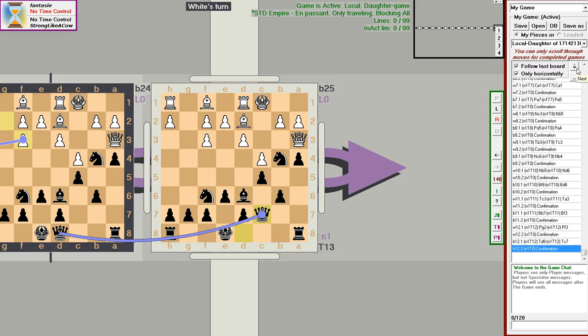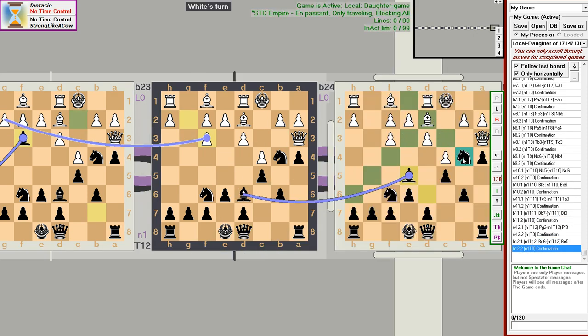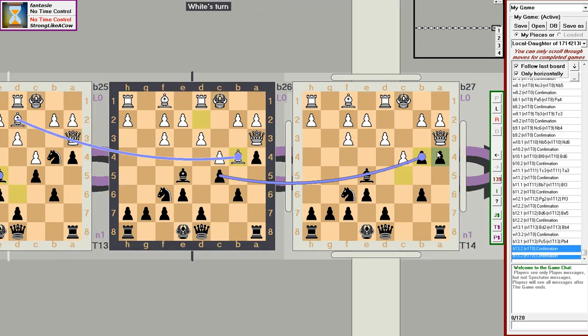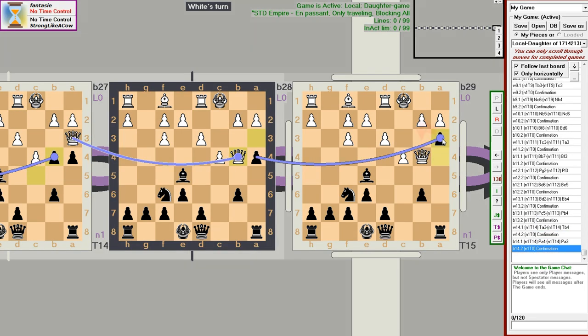Black plays cautiously. They don't want to lose the b4 pawn by playing the bishop to e5. However, perhaps they should have taken that risk. Let's see. Bishop to e5, and suppose white captures the knight and wins the pawn. Here black could have played a3. White can't move the b2 pawn because of bishop a1 mate. And there's a threat, the capture on b2 by the bishop, for which they'd have to sacrifice the Tsarina.